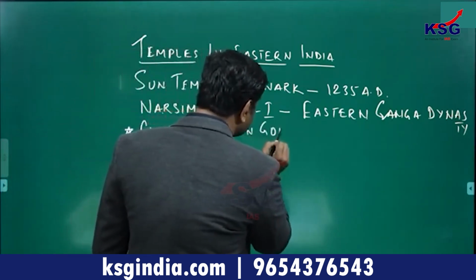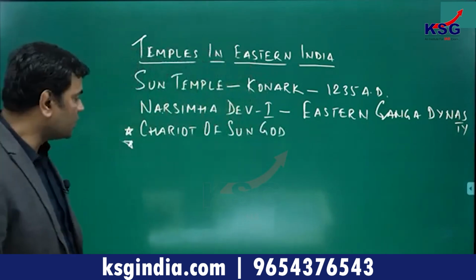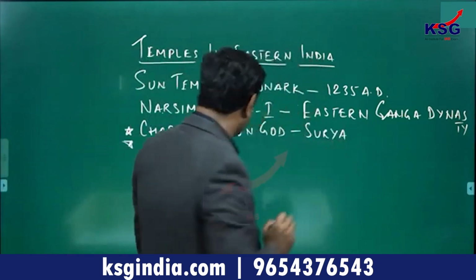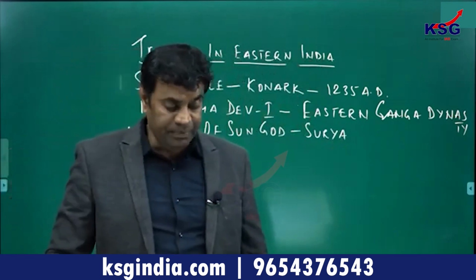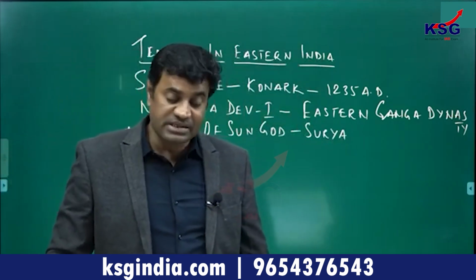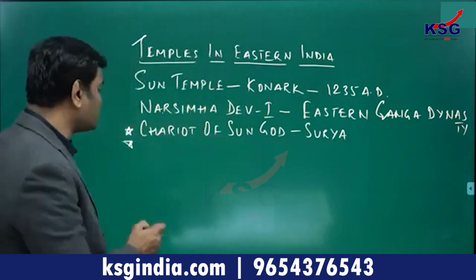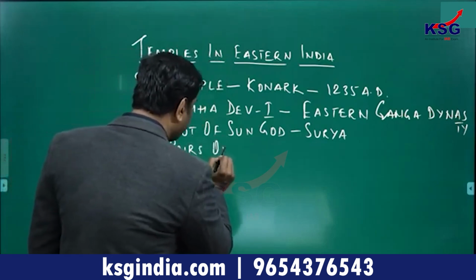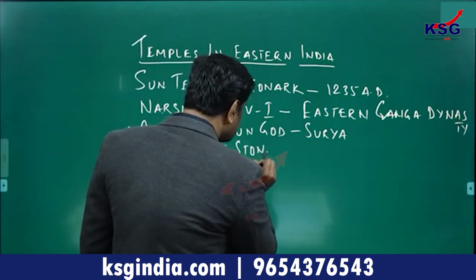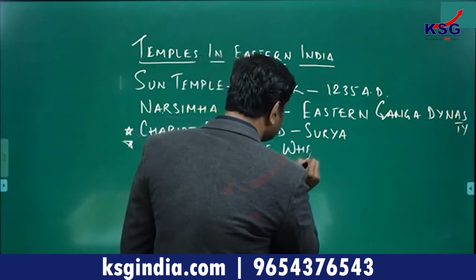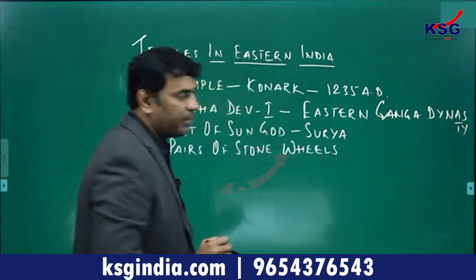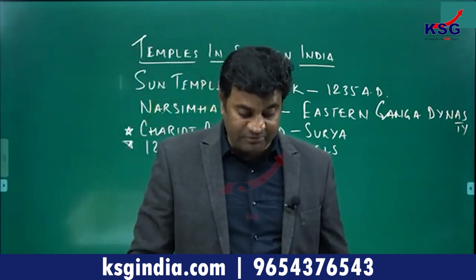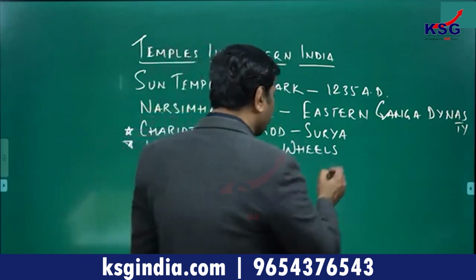So it is in the form of the chariot of the sun god, also known as Surya Bhagwan. Another distinctive feature is it has 12 pairs of stone wheels, which are elaborately carved, and one important thing is these wheels are also marked